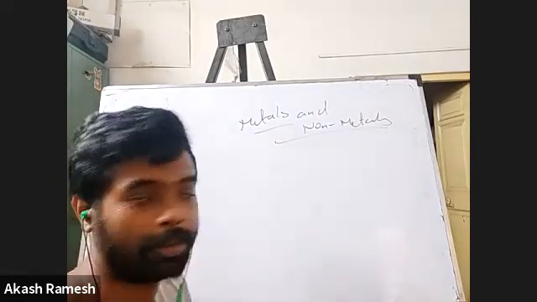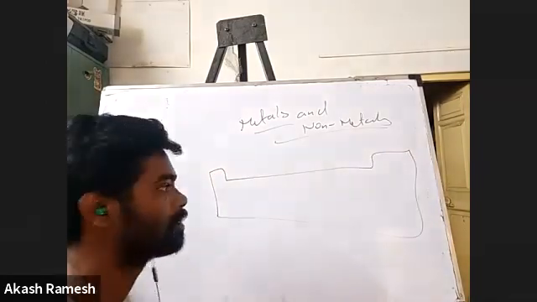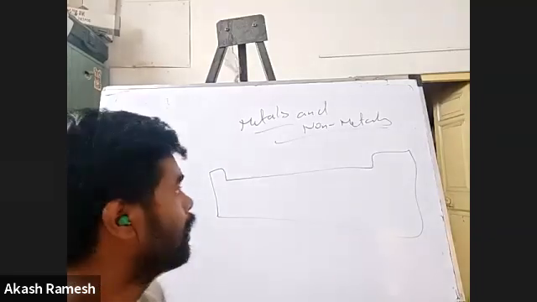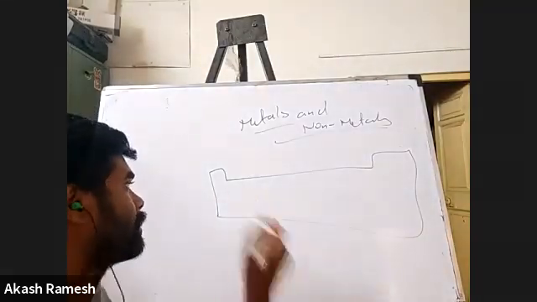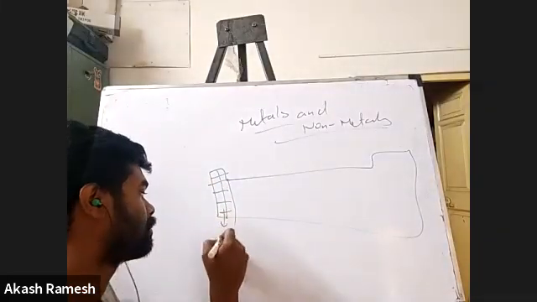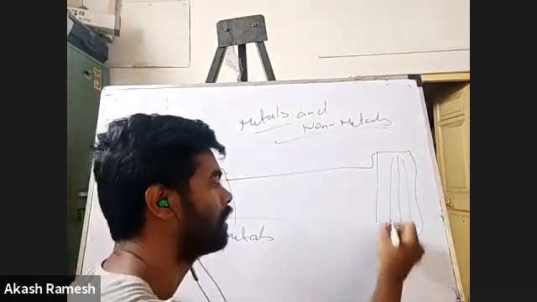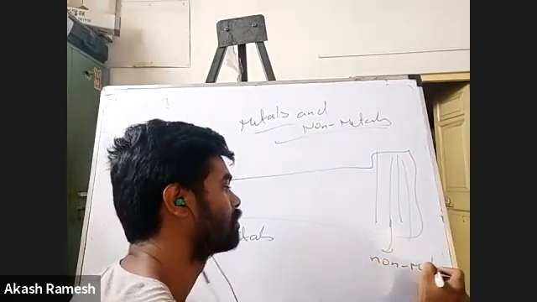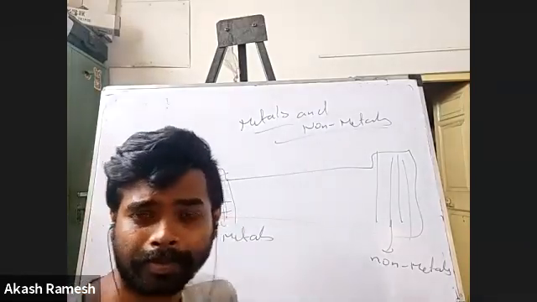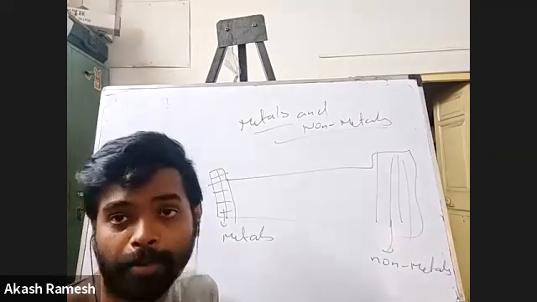Basically, if you look at the periodic table, if I draw the periodic table something like this, this is just a rough sketch. On the left hand side, you have these two groups, which are going to be metals. And eventually you'll see there are 5 blocks here, and they will generally be called non-metals.